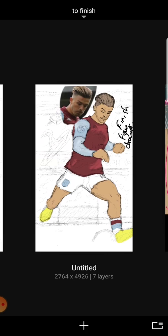Okay, this one, I did have a stint of doing footballers, just because I found there was a lot of good photos of them in action, like sprinting, about to kick a football. So this is Jack Grealish. I felt like